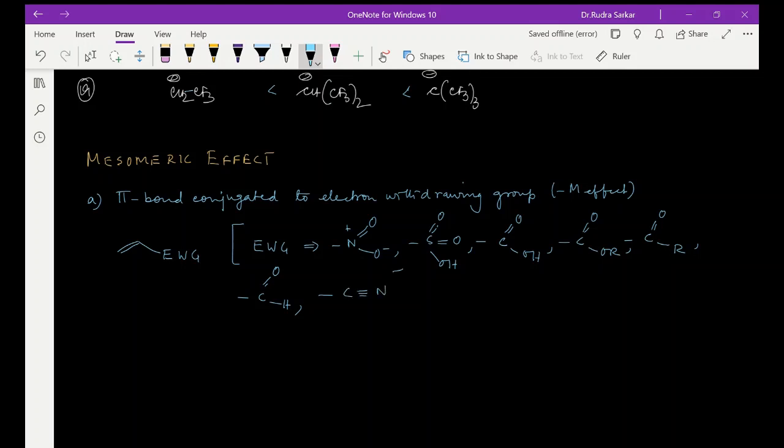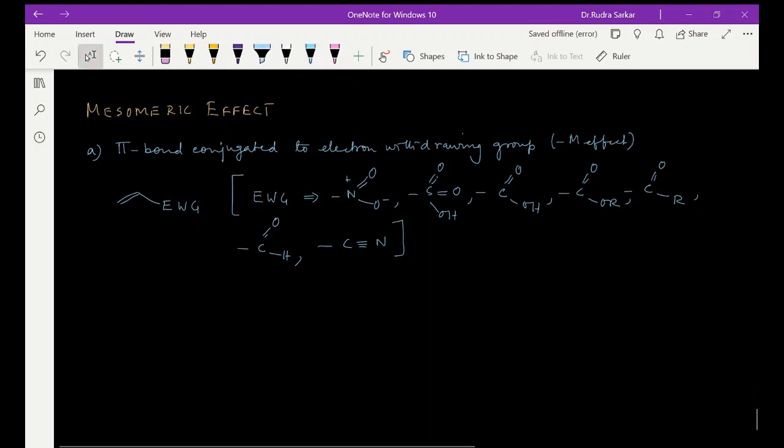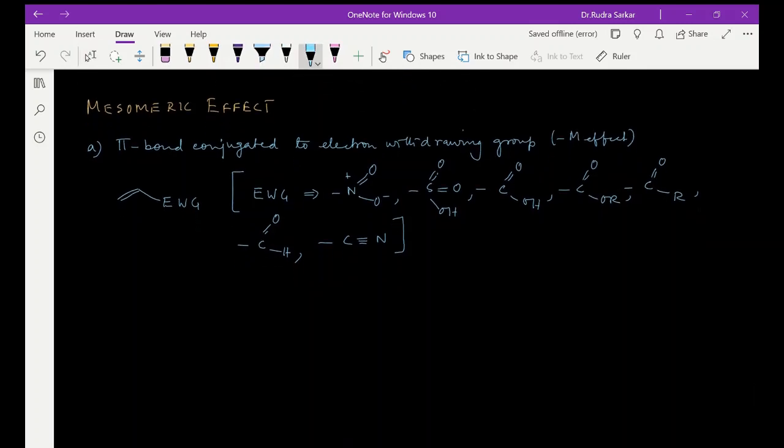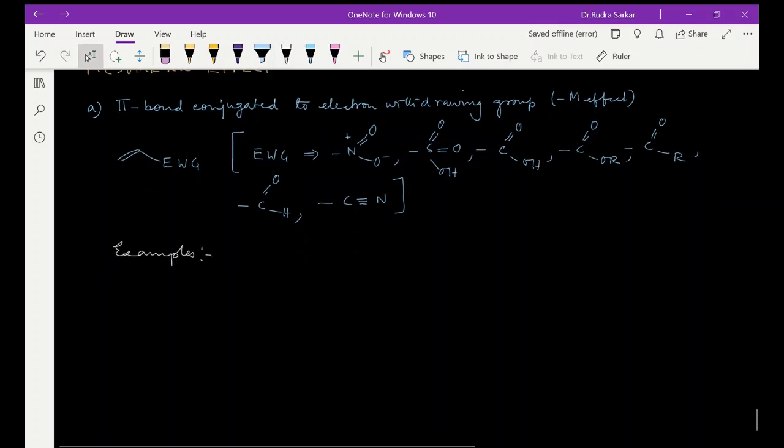Now, in all this, what is important is that the electron withdrawing group will be having itself a pi bond. At least one pi bond is there within it. Okay, so that is like a hint for you. Now, let us take some examples. Suppose we are discussing minus M effect. So let's take